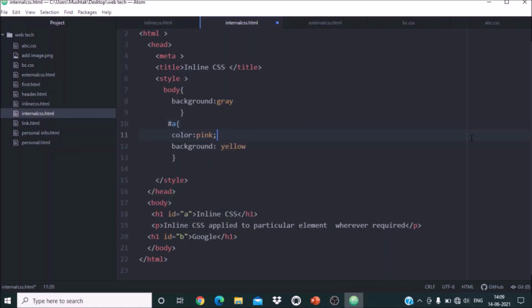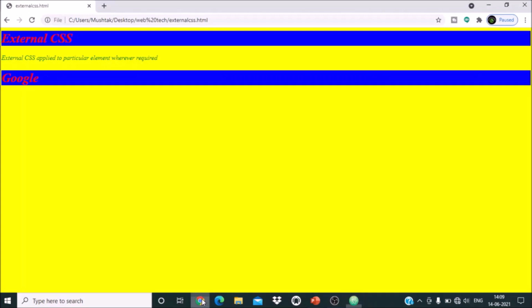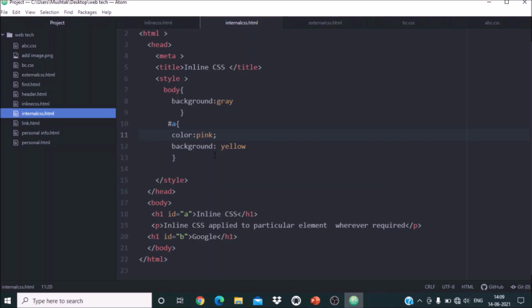Now you can see the changes. In the internal CSS, you can copy the full path and paste it here. Now you can see only the upper h1 tag has the effects. The lower h1 is as it is. So this is how you can apply with the id.